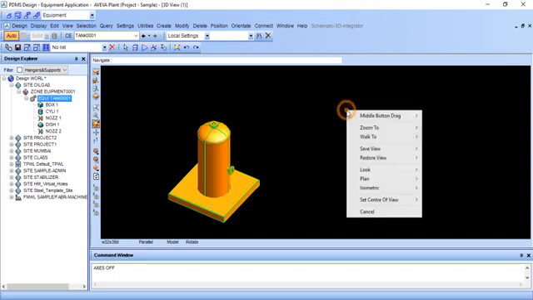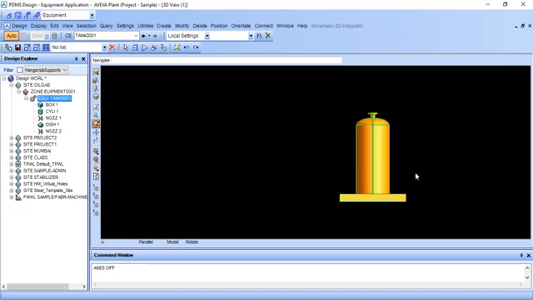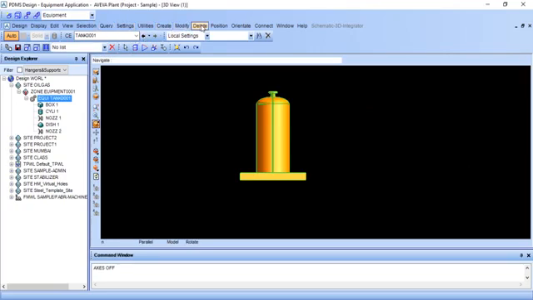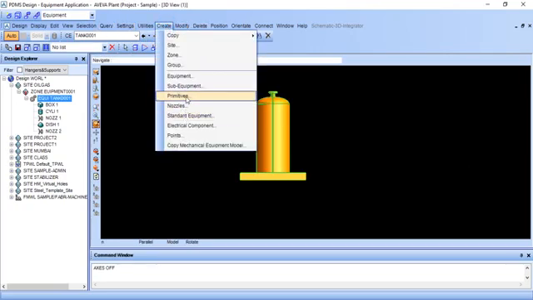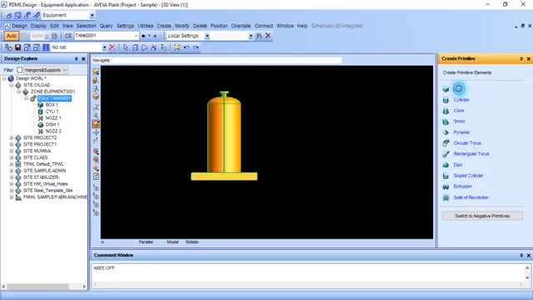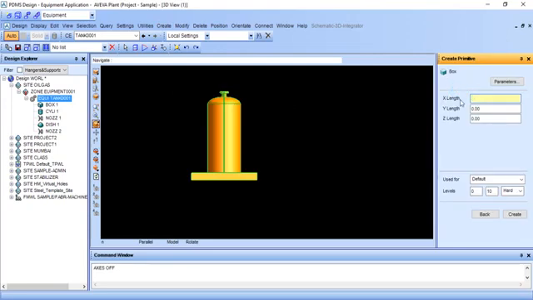So we want to create a hole by negative primitives. Just go create primitives, and I am creating a box, 1000 and height 200.